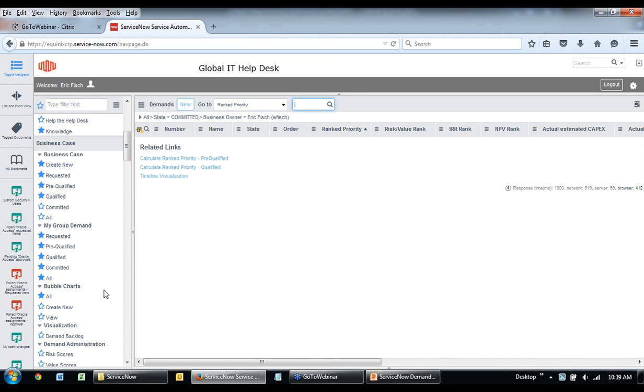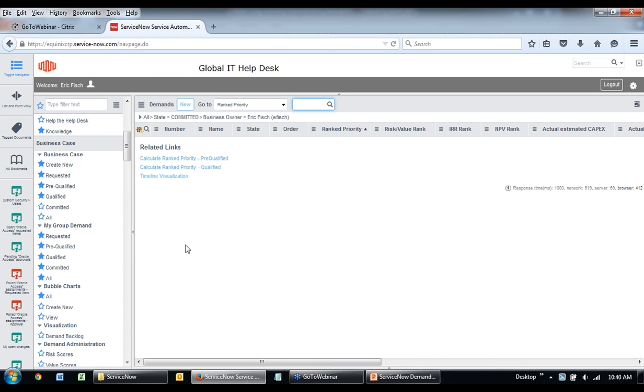And at the point that we have things that are committed, we're making a decision to either create a project request or create an enhancement or a change request. To be more specific, a change request or a project record, because we're not really at the request level for projects anymore. But the change management workflow we really have implemented to manage all of the activities that are required